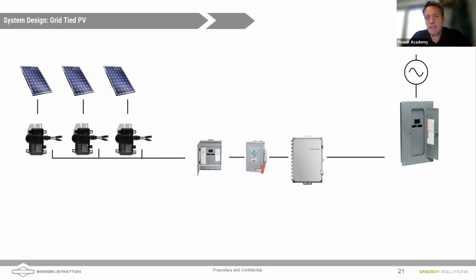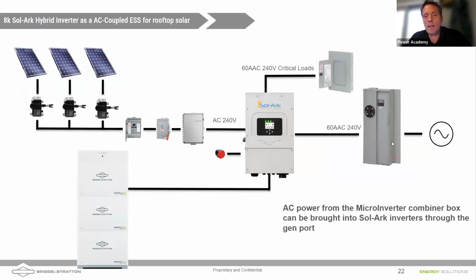Yeah, and so this is a classic example of an AC coupled system, right? Your power can feed into your main panel. It's quite a simple design, right? There's no batteries here. There's no backup. If the grid goes down, your solar's off, right? And that's one of the disadvantages to an AC system like this, a grid tied system, is when the grid goes down, you don't have backup. And so there are ways to utilize that micro